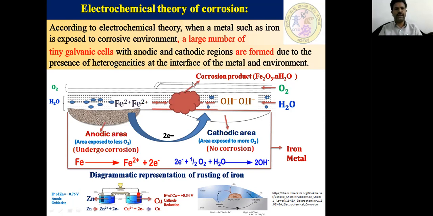In a similar way here, you can see the formation of anode and cathode depending on the standard electrode potential value, because here the metals are different, that is the criteria. But here we have considered only iron metal. It is a single metal, not different metals. So even though it is a single metal, why has it formed anode and cathode? There is a reason for that.